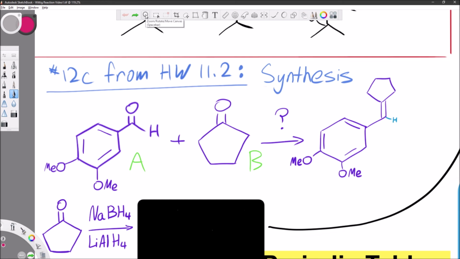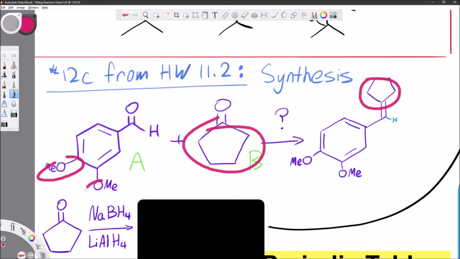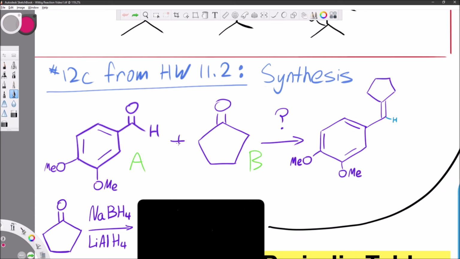That process, well, we can assume this is a Wittig because it's an alkene, and it's also Wittig's lesson. So we're going to assume at the last step, because this remains unchanged, these O-methyls remain unchanged, we're going to assume it's a Wittig, and just roll with it. The first step